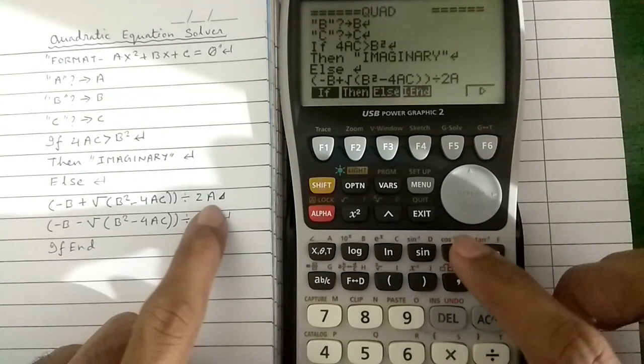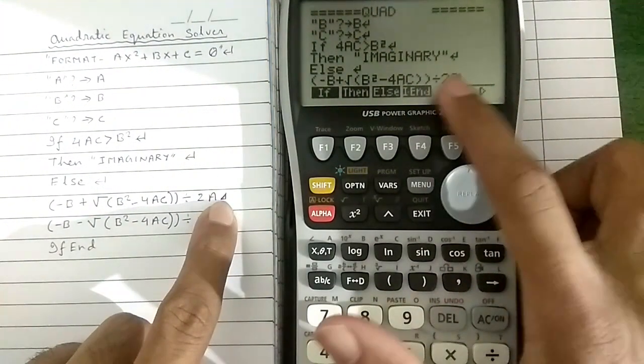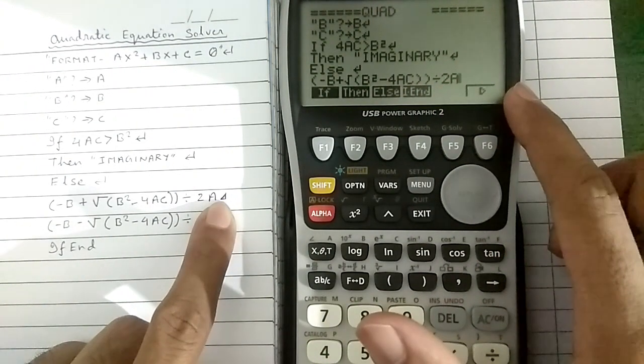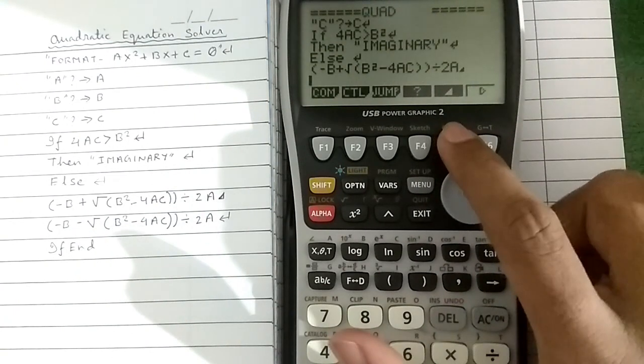And now this is the output operator which displays the output into the screen. For that, exit and F5.